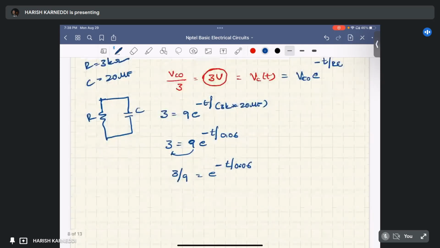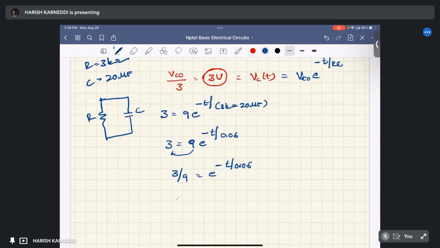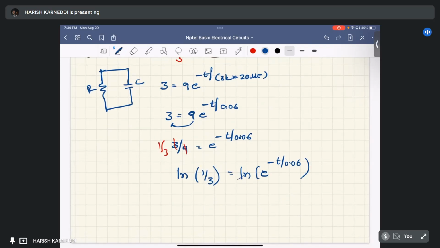You can apply natural logarithm on both sides. You can cancel this as well: 1 by 3. Natural logarithm of 1 by 3 equals ln of e power minus t by 0.06. This ln and exponential will be cancelled. Ln of 1 by 3, which is